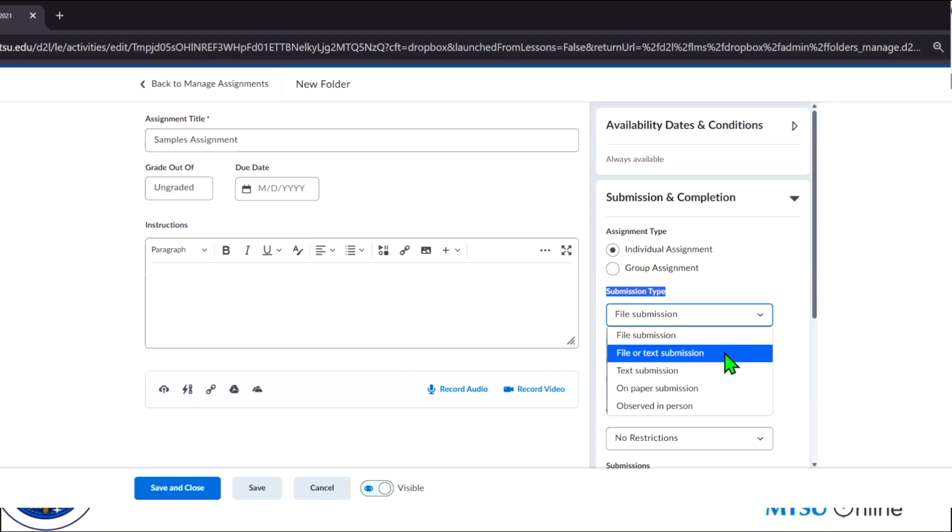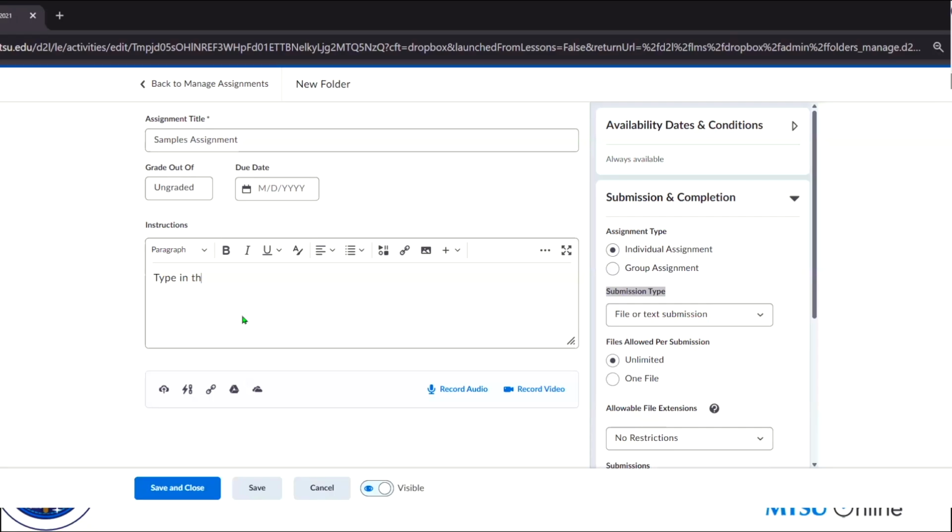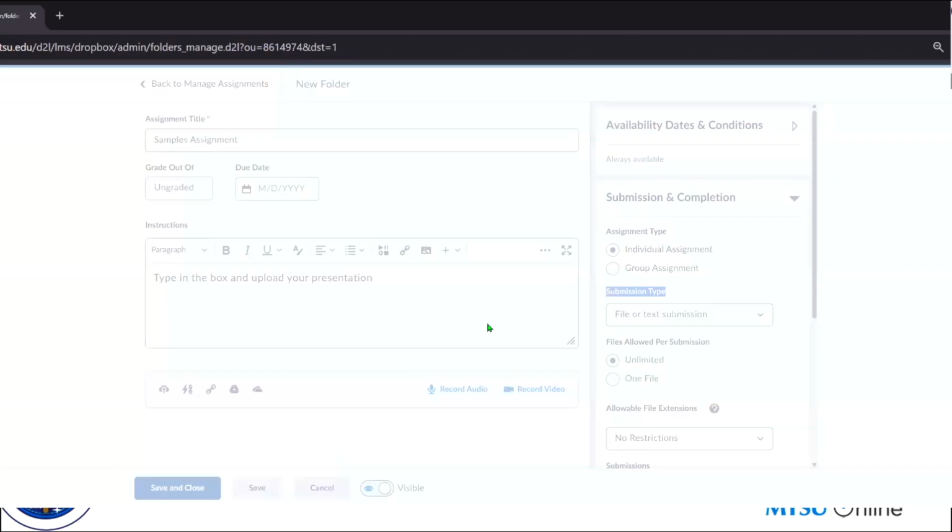Again, is it a big change? No, not life-shattering in my opinion, but you now have this option. It will present a text box to the student in addition to the file upload. So I'll just show that real quick. I'm going to say, type in the box and upload your presentation file, something like that maybe. And so when I view that from the student perspective,